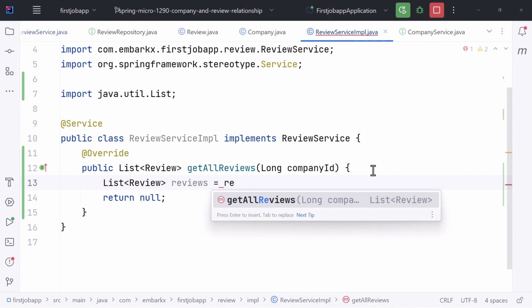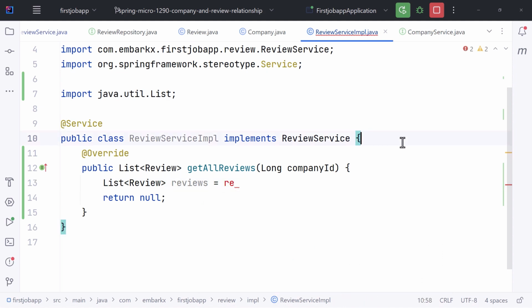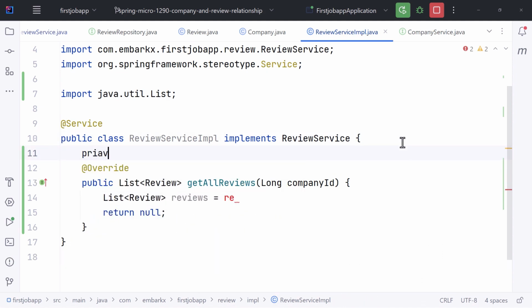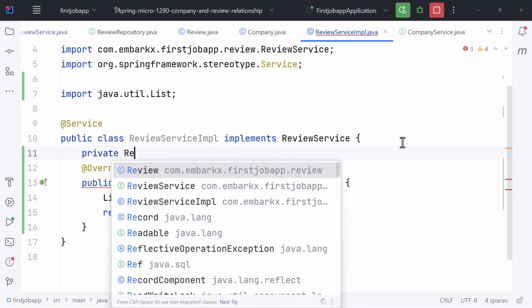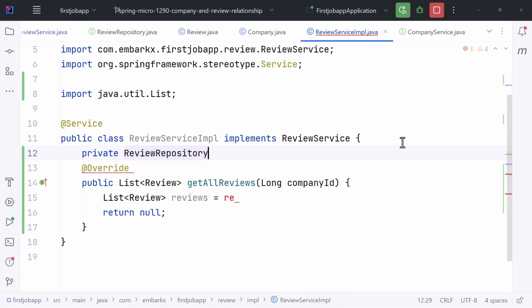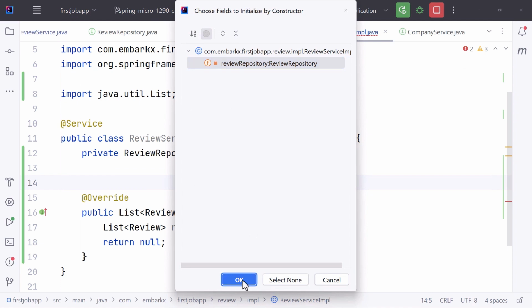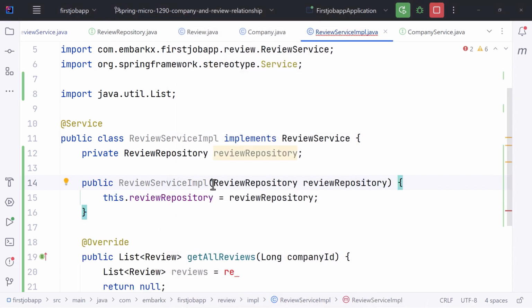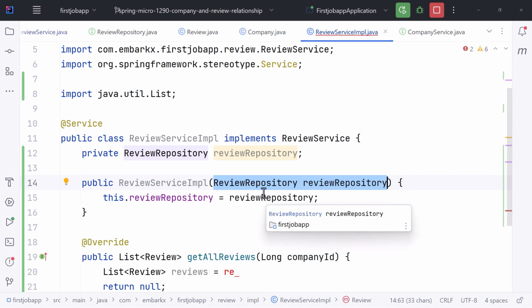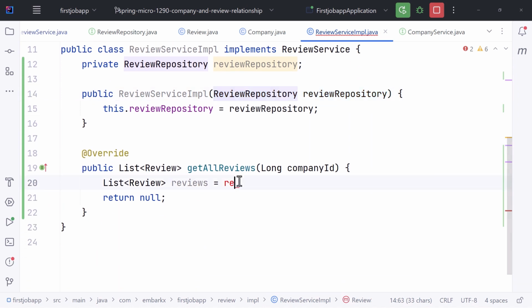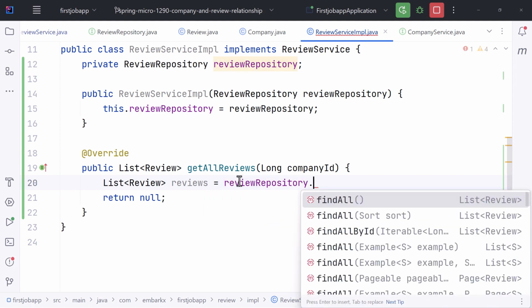We have not created the repository object yet. So I'm going to say private ReviewRepository reviewRepository, and I'm also going to add this to a constructor. So I'll generate a constructor. Spring Boot will make sure that it auto injects the instance of this at runtime. And here I'm going to say reviewRepository.find